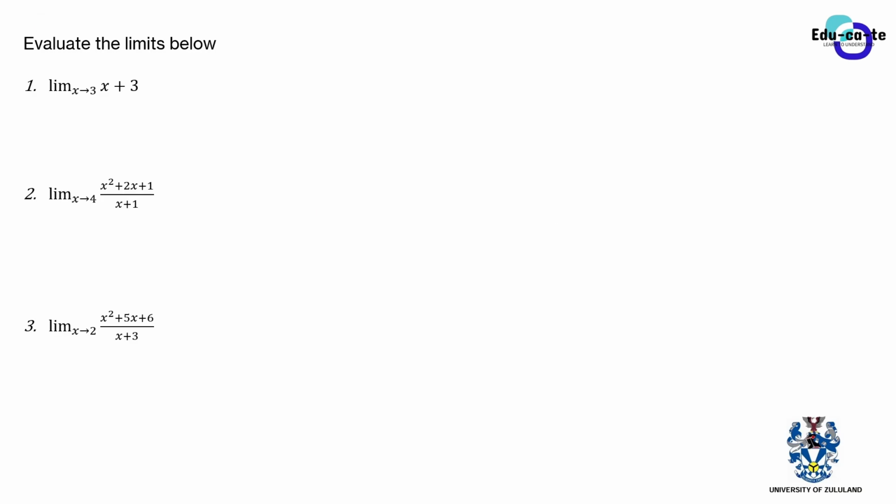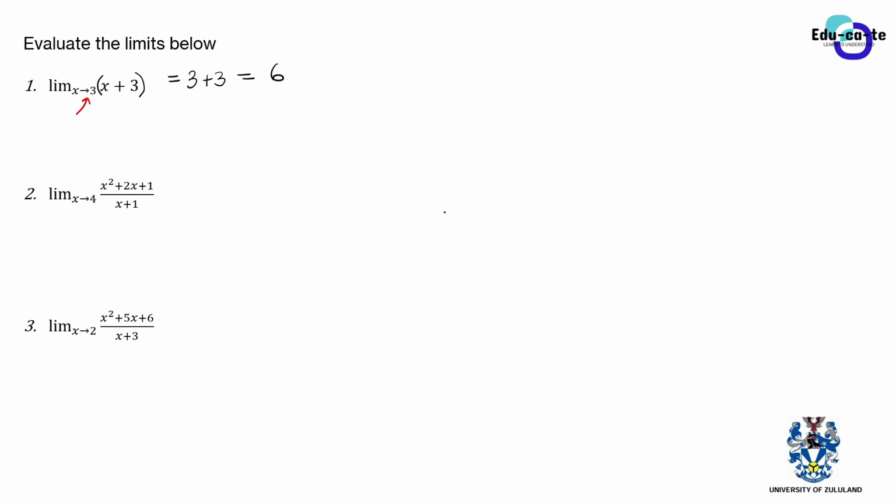So now let's look at this. Evaluate the limits below. Number 1, the limit as x tends to 3 of x plus 3. You're not given a graph and you're not given a chance to plot a graph. You have to determine from the equation itself what the limit is. So here, you're given an equation which is x plus 3, and the x value that we are approaching is +3. So where there is x, I'm just going to substitute 3, and then the limit here will just be equal to 3 plus 3, and 3 plus 3 will just give me 6. So basically, it's all about substituting, right?